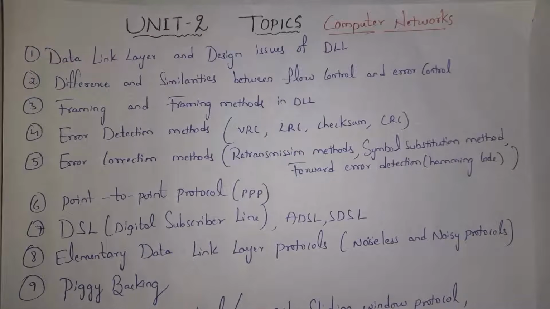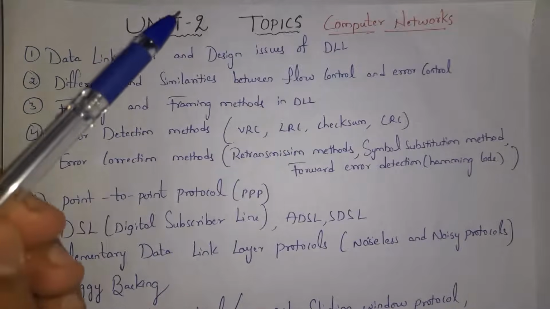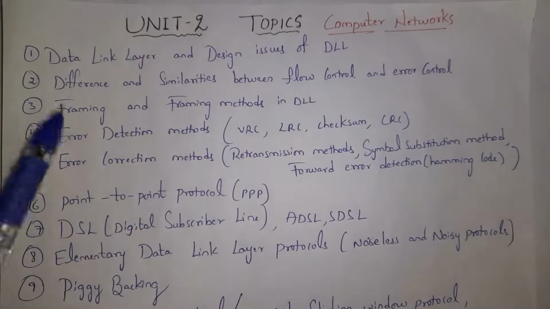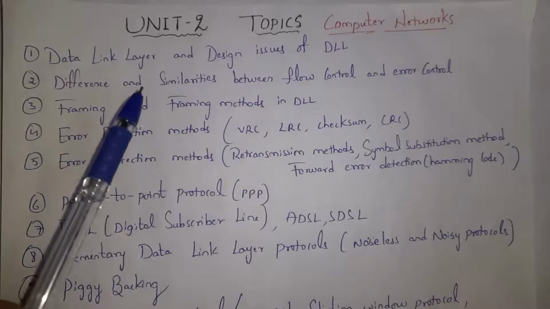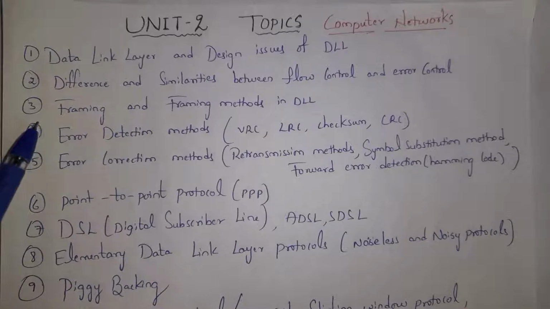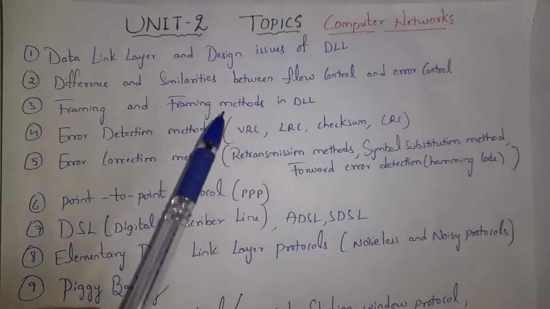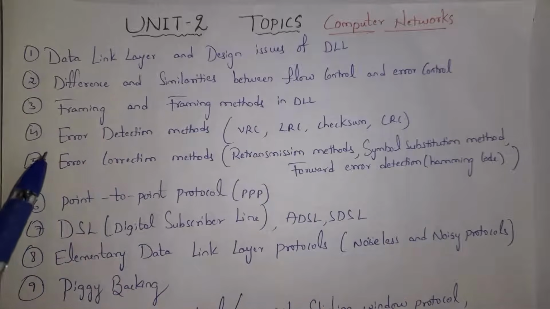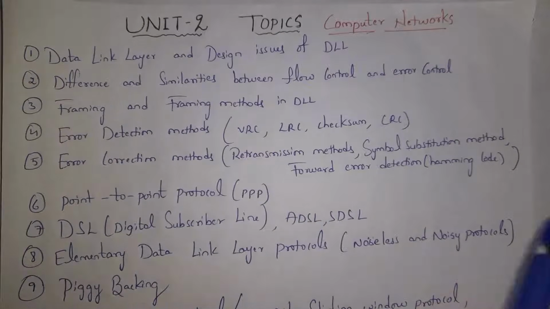I will explain what is data link layer and design issues of data link layer, similarities and differences between flow control and error control, what is framing, various types of framing methods in data link layer, what are error detection methods, that is VRC, LRC, checksum method and CRC, and what are error correction methods in data link layer. I will explain Hamming code method with example, and next I will explain what is point-to-point protocol, what is DSL, that is digital subscriber line,